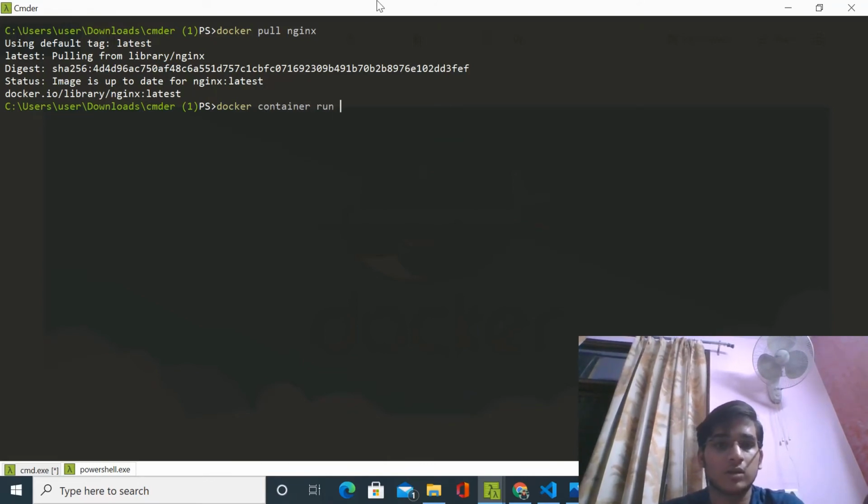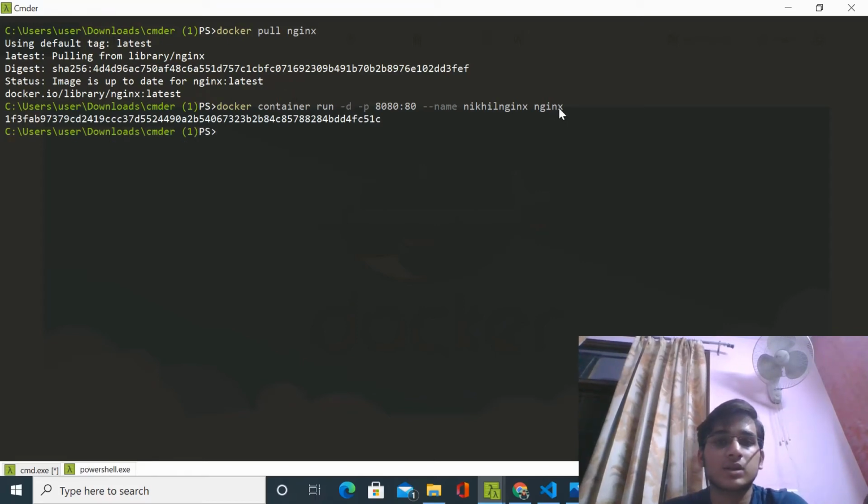docker container run -d -p. So this is a basic command for making a container.